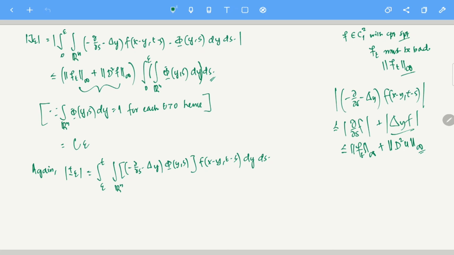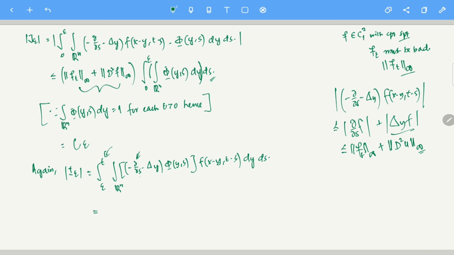Now what I am going to do is use integration by parts. Integration by parts on what? On t. Integration by parts with respect to t, so the one variable integration by parts. If you do integration by parts on this variable, what is going to happen? This minus sign is gone. The derivative will be pushed onto that, and the minus sign is gone.